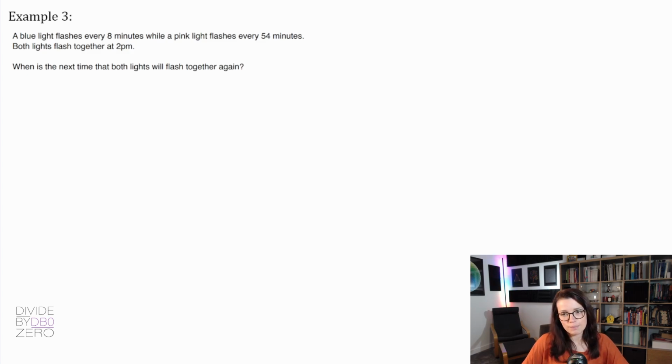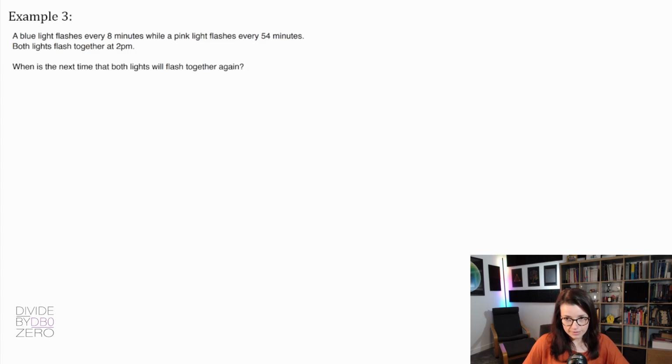This time it says a blue light flashes every 8 minutes, whilst a pink light flashes every 54 minutes. Both lights flash together at 2 p.m. When is the next time that both lights will flash together again? Now again, it might not be obvious that this question is in fact about LCM, so I'd recommend you just